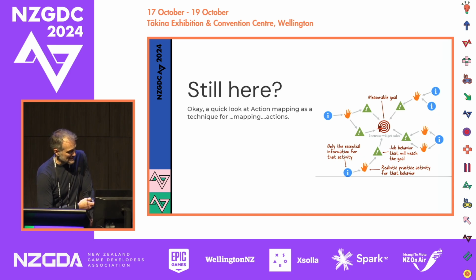It's pretty straightforward. You basically are saying, well, what are the goals that you want that are measurable, and then what are the activities that you use that get you there? Those are those green kind of triangles. And then there are the blue circles with the eyes, like what is the information you need to know in order to do those activities, right?